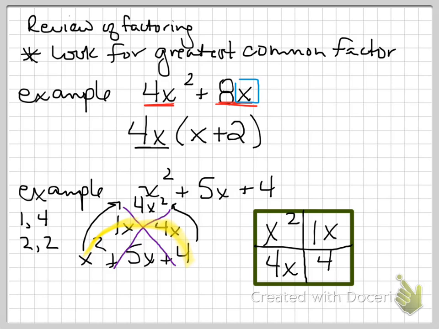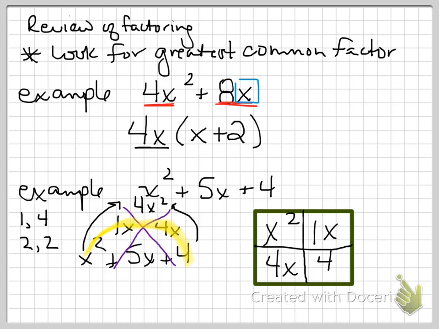Because what I find is students try to always place that value at the top of our diamond problem into our box, and it never goes in there. And so that'll mess you up if you try to do that. So if you go over the mountain by using your x squared, your 1x, the 4x, and the 4, you'll be able to fill in your box. Now that we've filled in the box,